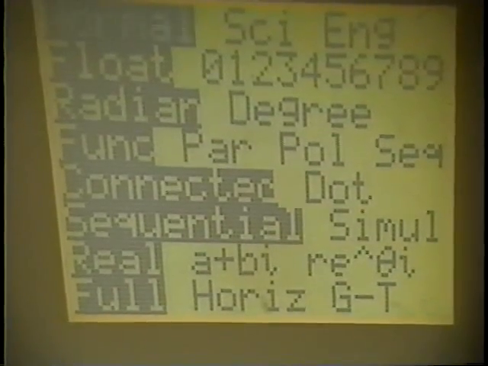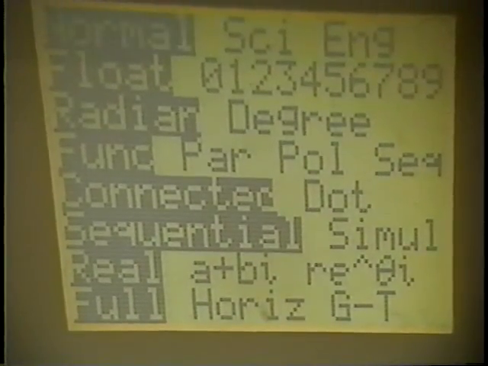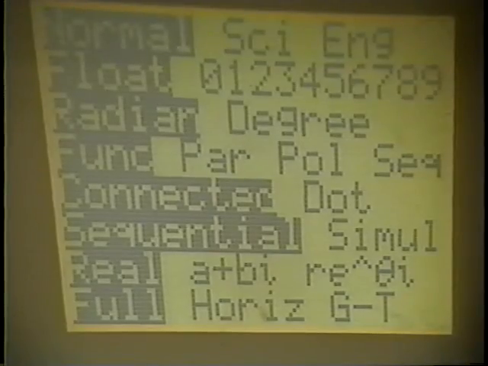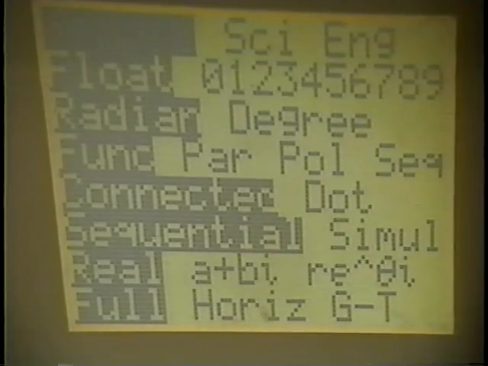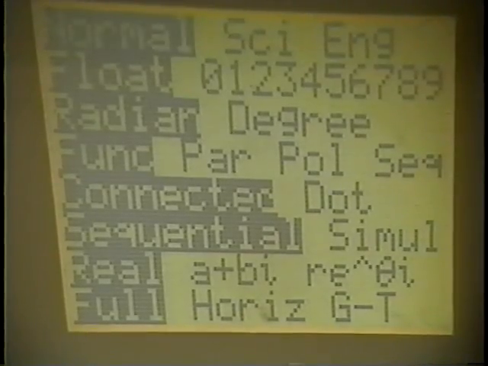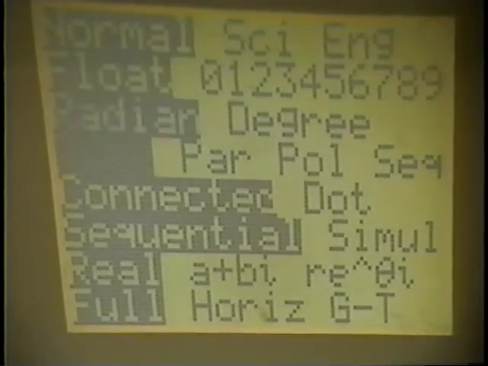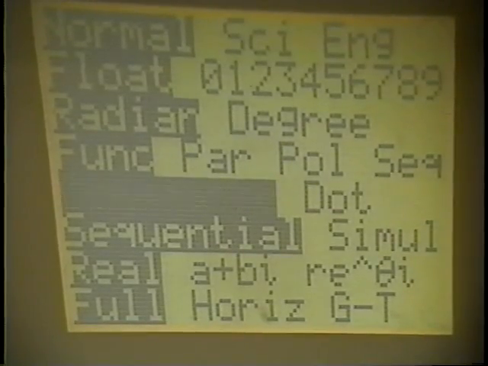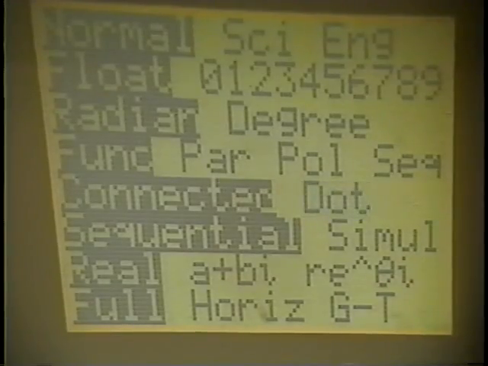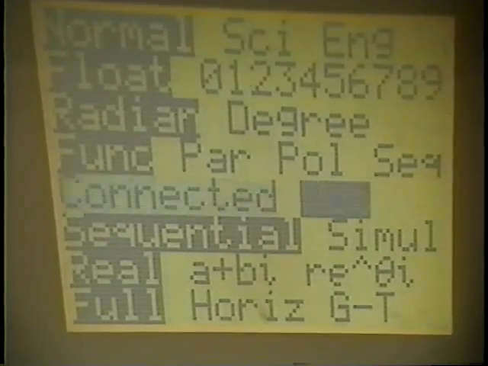Now, the default settings on the calculator are all of the ones on the far left. In other words, when the calculator is originally purchased, it is set up to be in radian measure, for example, instead of degree measure, which is fine for calculus. Down here, we have a choice between connected or dot mode on graphing. If I wanted, for example, to switch over to dot mode, and I hit enter,